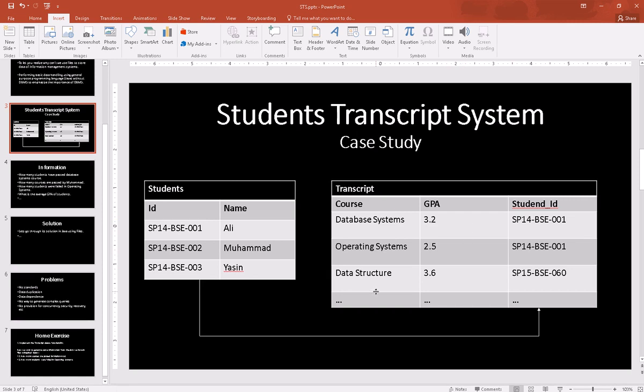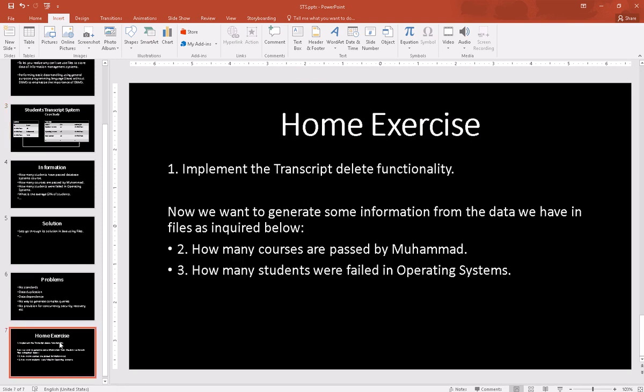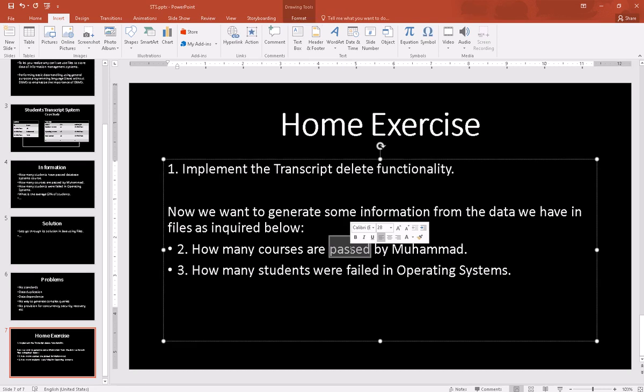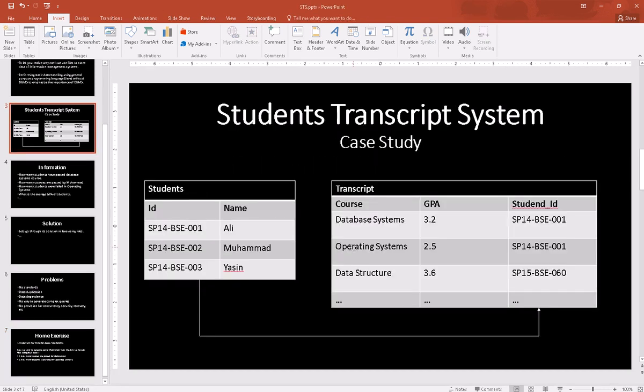At the end you can tell me that Muhammad has read that many courses. Also there is a condition for passed courses. You will check the GPA: if the GPA is greater than or equal to 2 then he has passed, otherwise he has failed, and you should not count that course. So you should also take care of this condition.